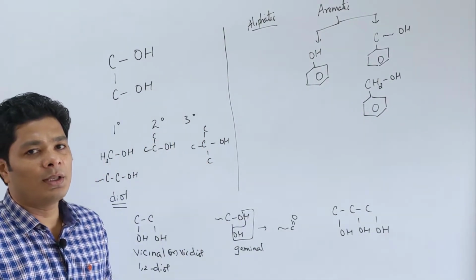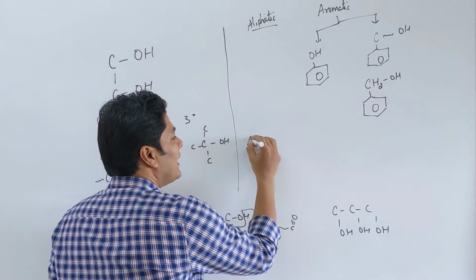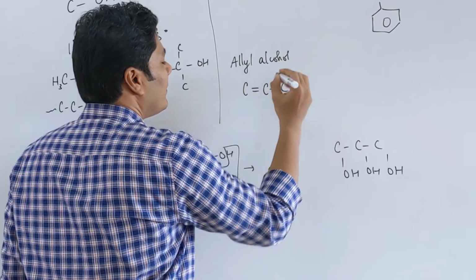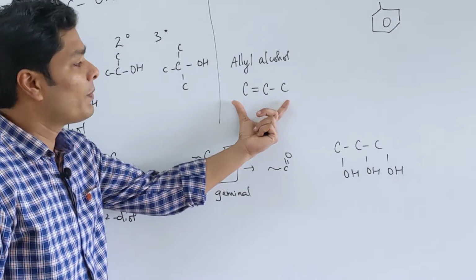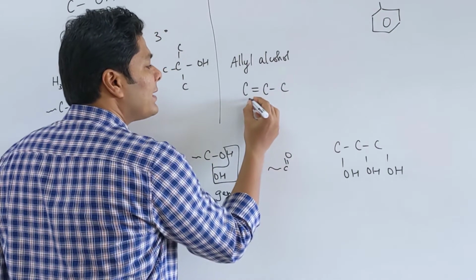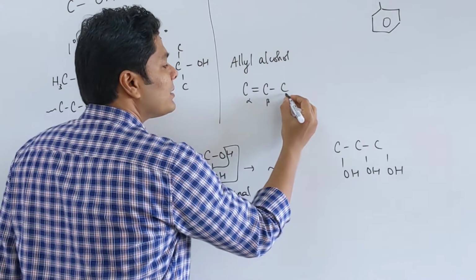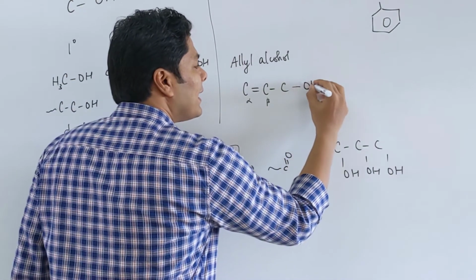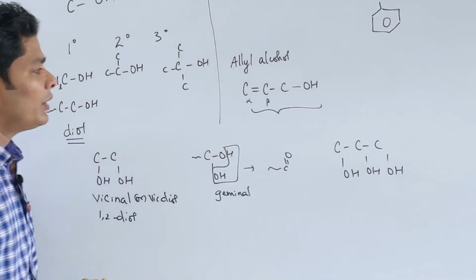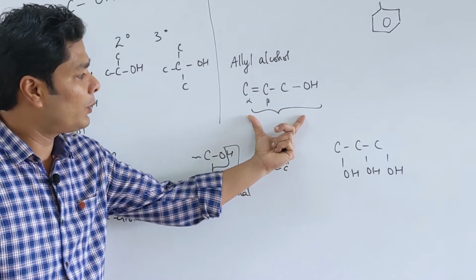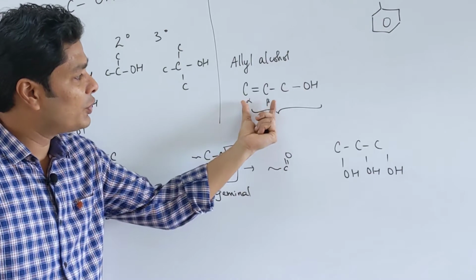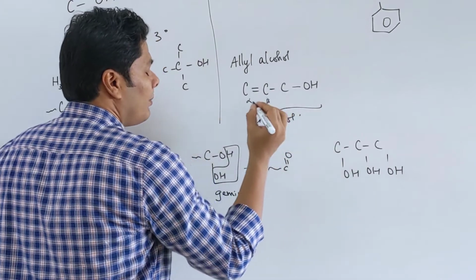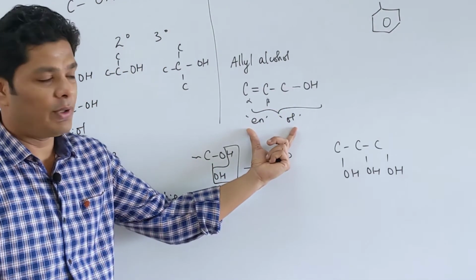The 2 other types of alcohol that you should know are, one is allyl alcohol, which we have already seen. The allyl functional group is nothing but a propene functional group, and this carbon is the carbon that is adjacent to the double bonded carbon, and this is an allyl alcohol. This is important, you want to remember. It's a compound which has an ene functional group and an ol functional group. So hence it's an ene-ol, but not an enol. What exactly is an enol? We are going to see pretty soon.